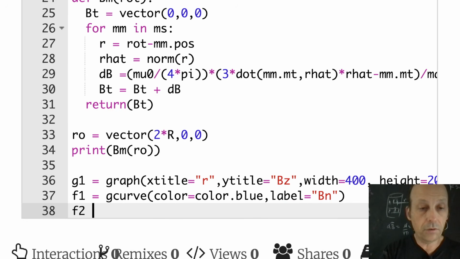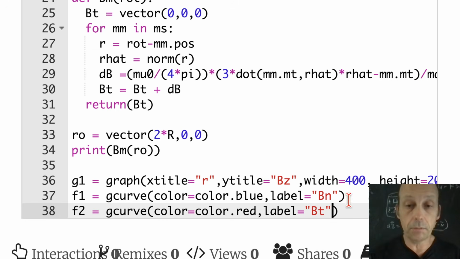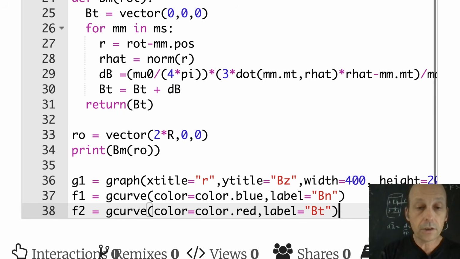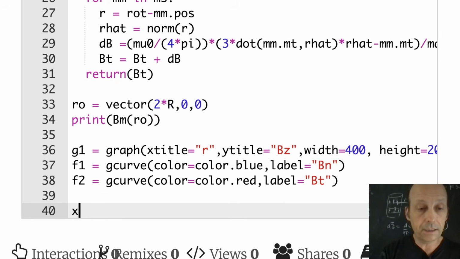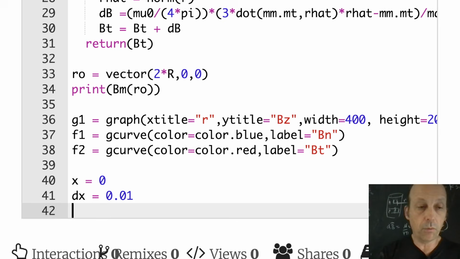and then F2 equals G curve, color equals color dot red, label equals BT. For the theoretical, we already calculated what that should be. So I'm going to go over here and say x equals 0, dx equals 0.01. That's my step size. I'm going to move my x value from x equals 0 to, let's say, 1.5 times